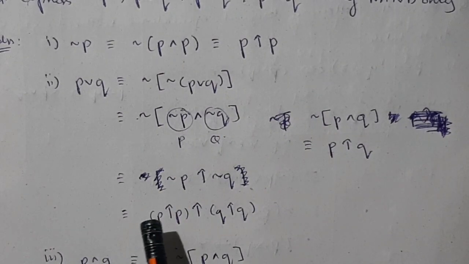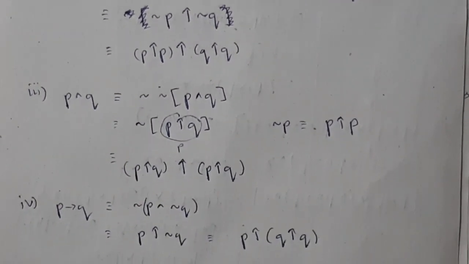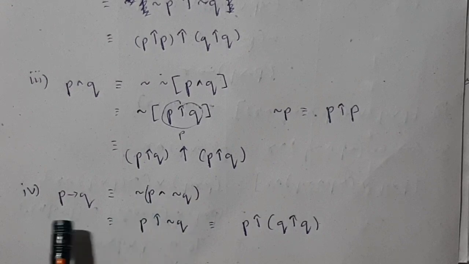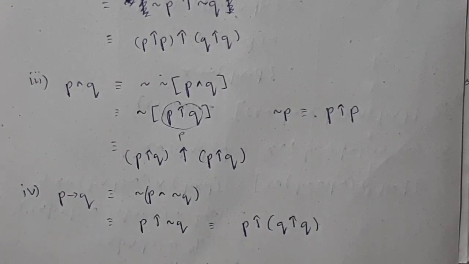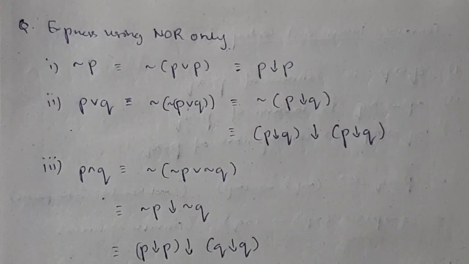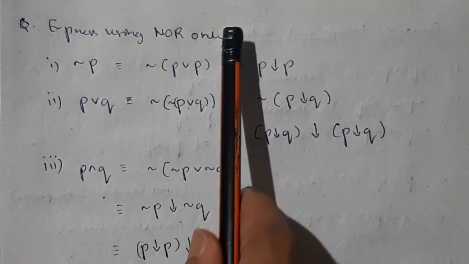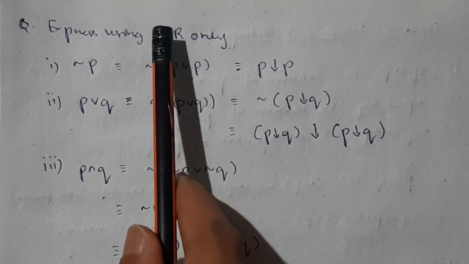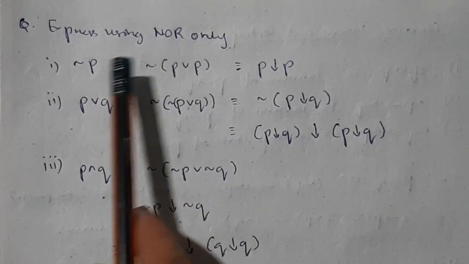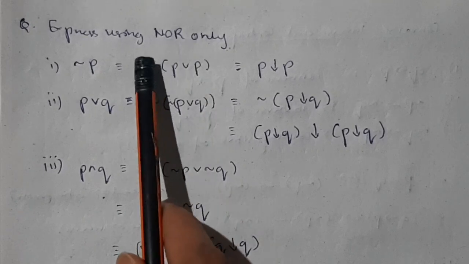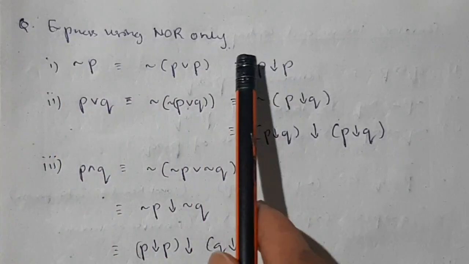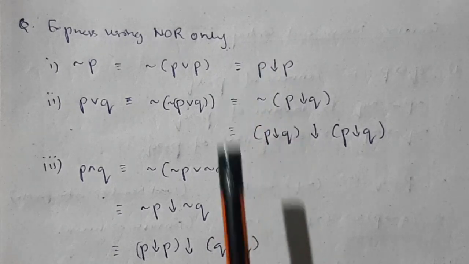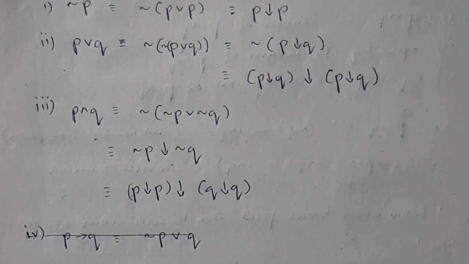The final answer should have only NAND gates. Similarly for AND you can do it here, and for the conditional you have to use that equation, converting the conditional into AND and NOT, and then write it in this form. What we just solved is for the NAND gate, and if they ask for the NOR gate you have to do the same thing, with just some differences. Before, you took AND here, right? Now if it's NOR, you take p as p or p, and then you use a NOT here. NOR is represented by the down arrow. Similarly you can do it for all the others as well.